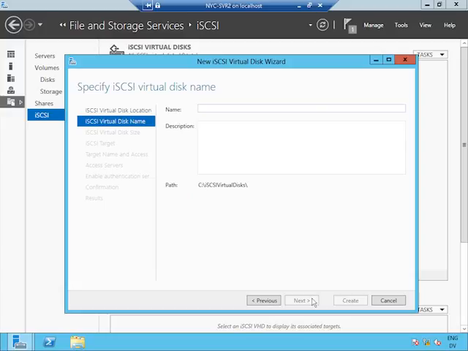It wants to know what's the name of this virtual disk. Not a crazy idea to name the virtual disk for the purpose that you're making it available. This is going to be for the new application storage on server 1. The production department needs more storage, so this is for production